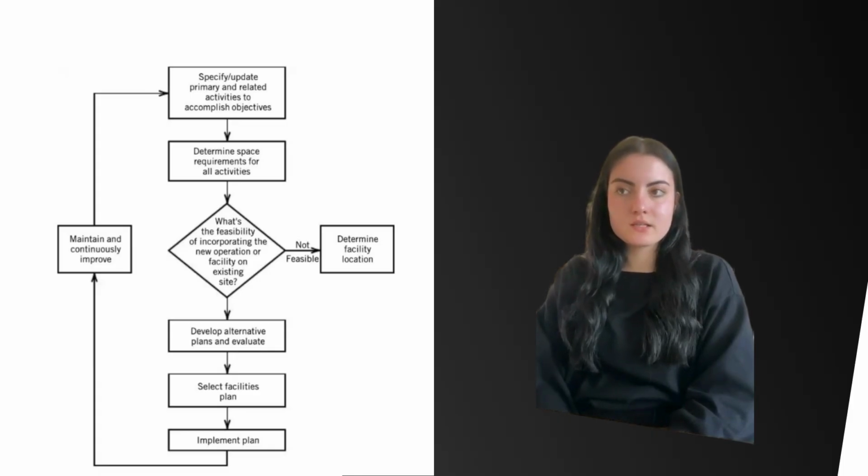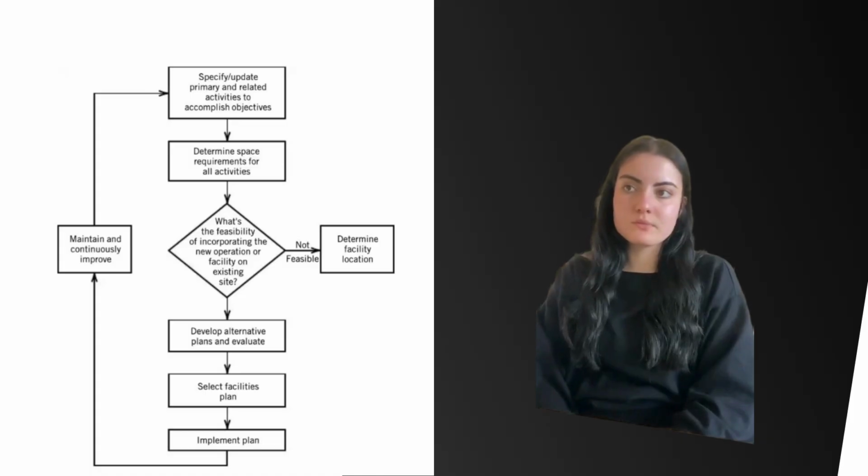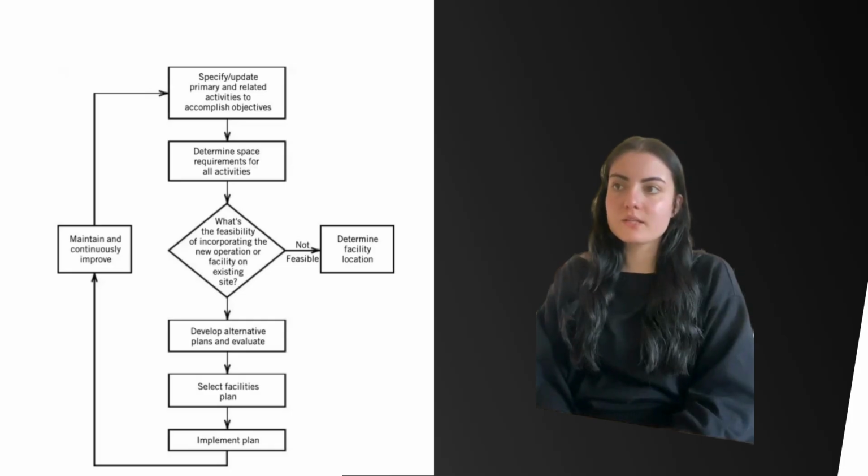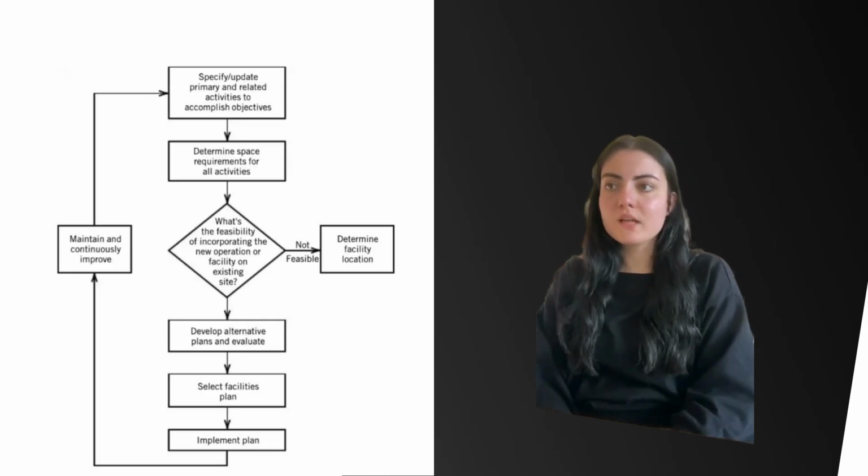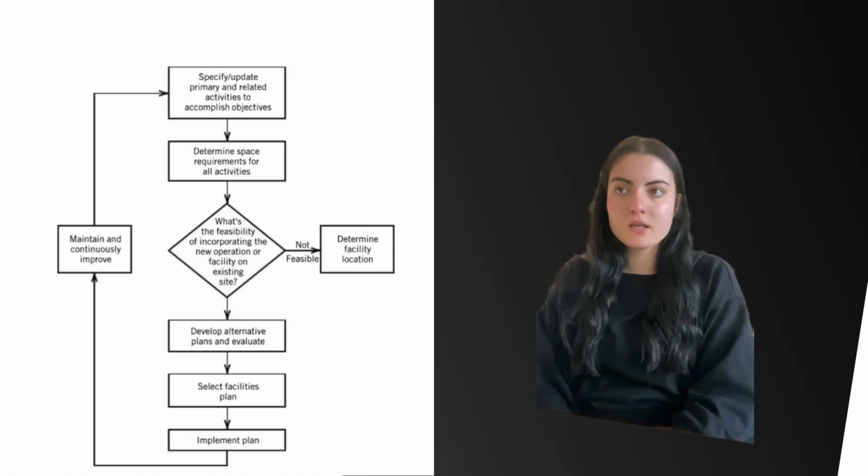This is very realistic. For example, suppose a hospital wants to add a new imaging service. First, it must define what activities are needed. Then it must check space requirements. If the current hospital building cannot support the new unit, the hospital may need to expand or redesign another section. If it can fit, then several layout alternatives are created and compared. So the key idea is that facility planning is cyclical. It is not